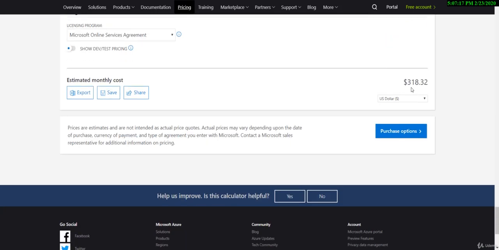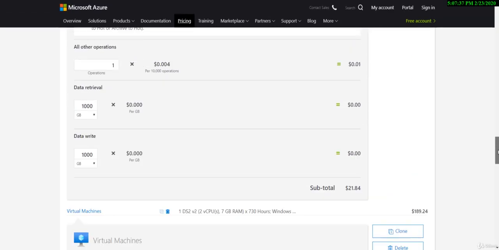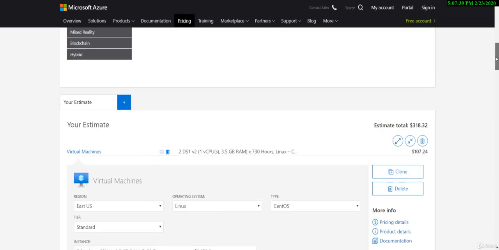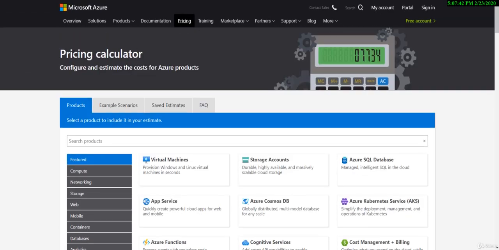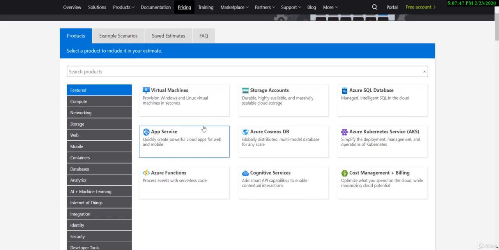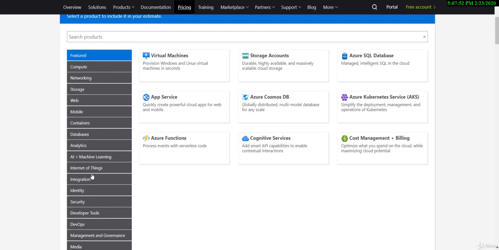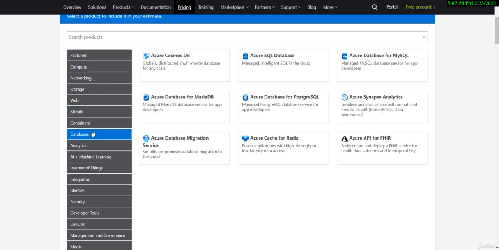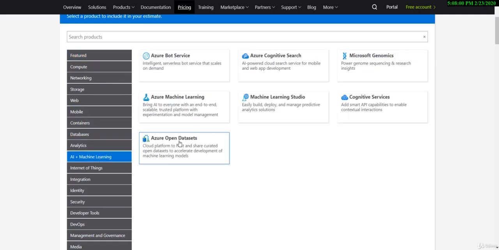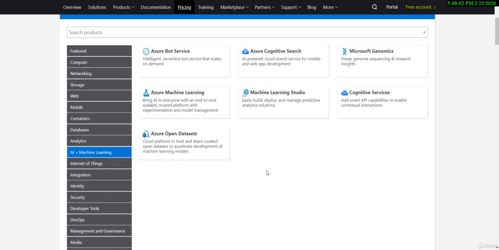It's $318. But what I want to show you is the place where you can go and do the cost estimations. It is the pricing calculator for Azure, where you can go ahead and do the estimates for various resources that you have in Azure. And if you see on the left hand side, all the service offerings from Azure are listed here. You got compute, networking, storage, web. You can click on each one of them one by one and then select them and start adding them into